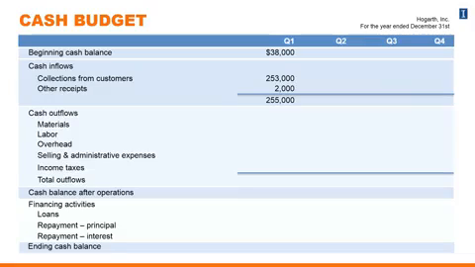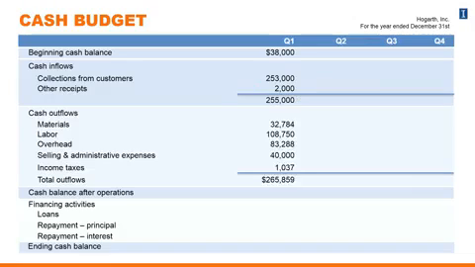Some other receipts are planned as well, and we didn't talk about that in a specific schedule, but let's just assume that there's $2,000 of additional collections that are included in the cash budget. That means that the total cash inflows during Q1 is $255,000. Now the cash outflows correspond to the costs, and we calculated cash outflows and disbursements for materials, labor, overhead,